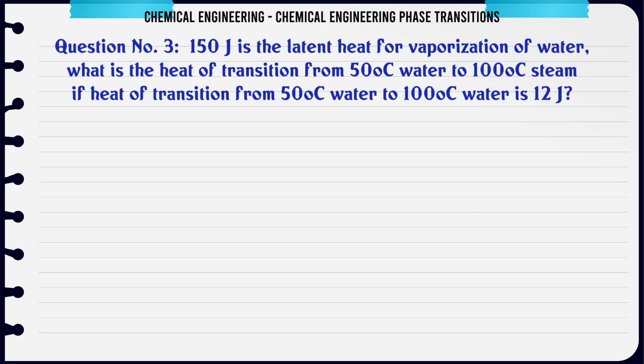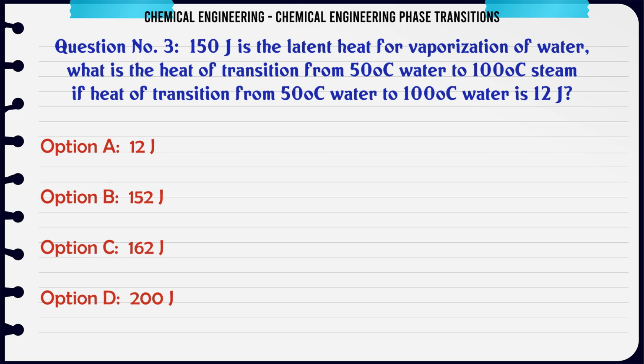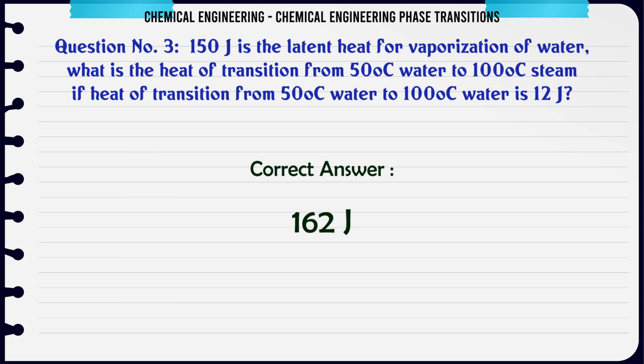150 J is the latent heat for vaporization of water. What is the heat of transition from 50°C water to 100°C steam? If the heat of transition from 50°C water to 100°C water is 12 J: A) 12 J, B) 152 J, C) 162 J, D) 200 J. The correct answer is